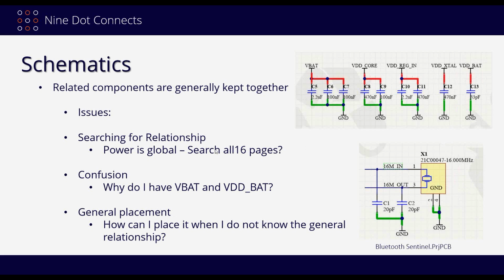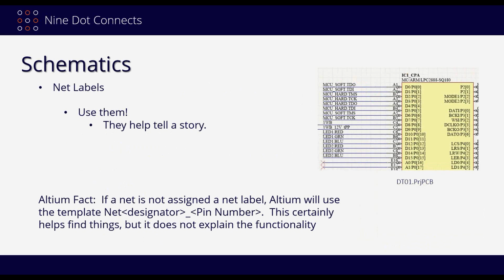Okay, net labels. Definitely use them, because they're going to help tell you a story here. So, for example, when you've got something that has multiple ports, and these microprocessors and microcontrollers allow you to configure these ports any way, shape, and form that you see fit, well, that's great, but without net labels, I don't know how you're using these. And Altium does a pretty good job, for example, of giving a default name. It will use the template net underscore designator underscore pin number. So if E16 over here was going off to something but didn't have an actual net label, it would be called IC1 underscore CPA underscore